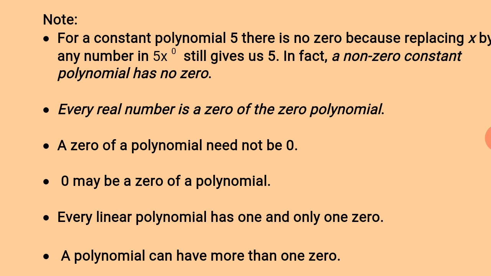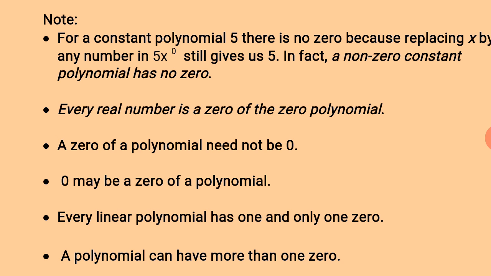Now the second point, every real number is a zero of a zero polynomial. Now children, this is zero polynomial. There are two different things. One is zero of a polynomial and this one is zero polynomial. Zero polynomial is nothing but the number 0. Here, if we are considering the zero polynomial, that is 0, whichever number you multiply it with 0, you will also always get the answer as 0. That is why every real number is a zero of a zero polynomial.